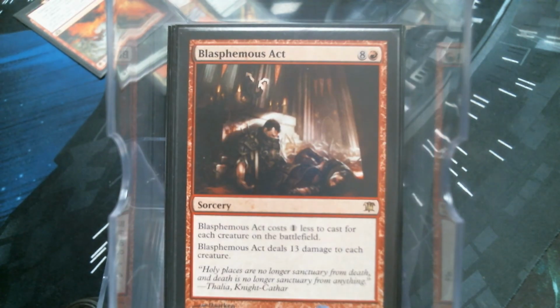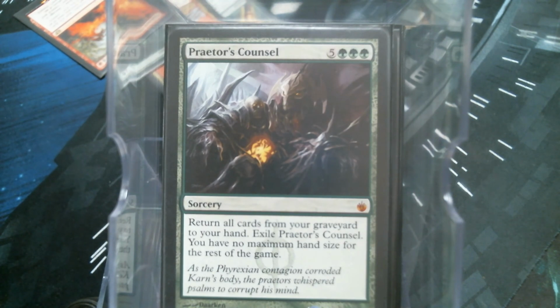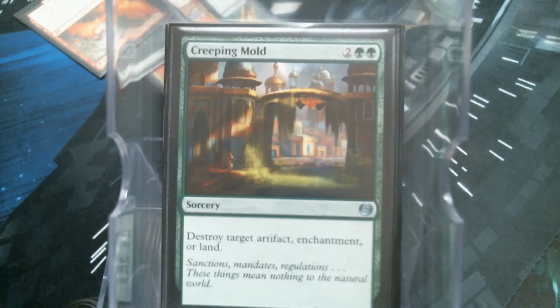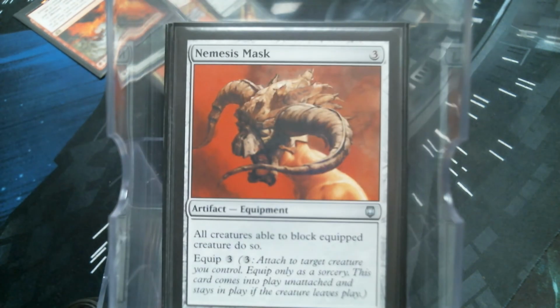Blast Act is our board wipe. Praetor's Council is the greatest regrowth variant in the world. I don't care if it costs 8 mana. This card is one of my personal favorites. I love it. Creeping Mold is utility, of course. The Gruul Warplow gives the team trample. In a pinch, it can become a dude. Equipment version of Lure, so that's neat. Although it costs 3 and 3, so